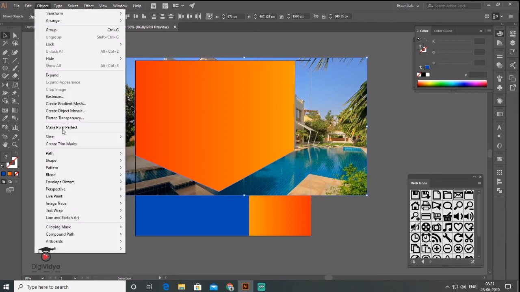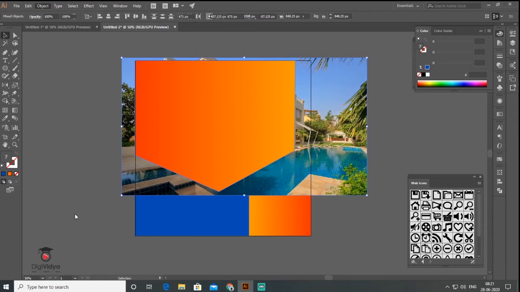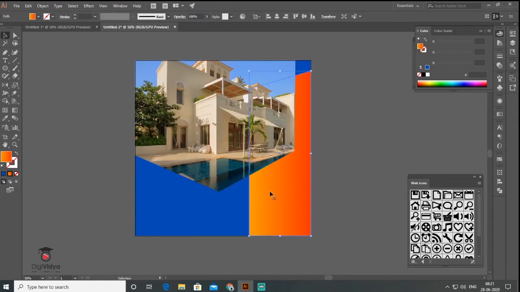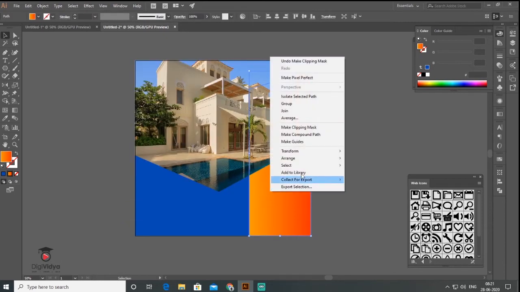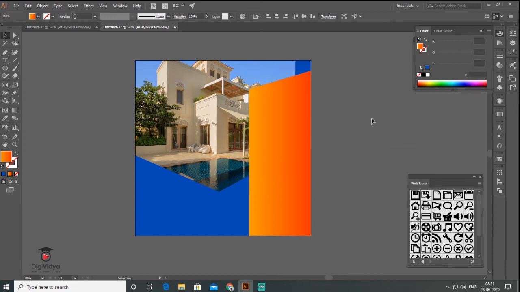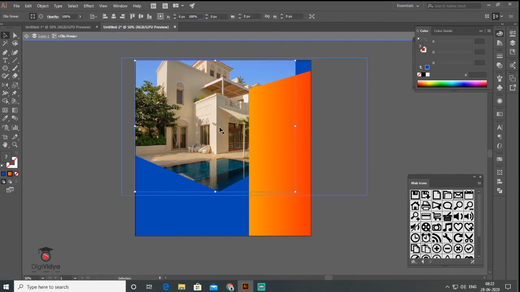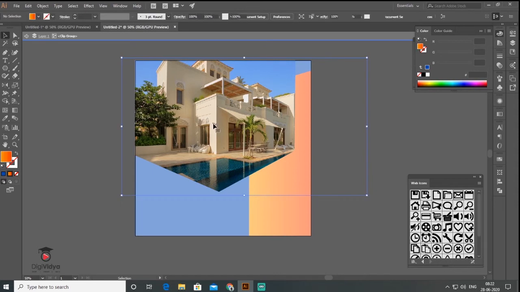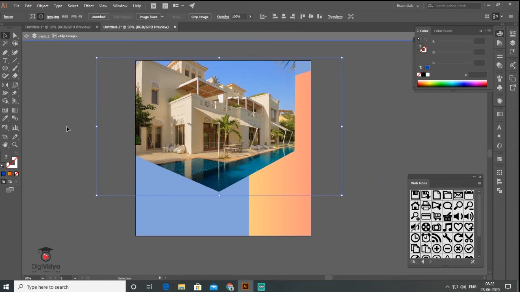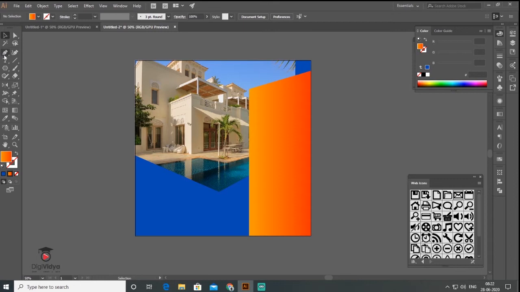go to the Object menu, and there is an option called Clipping Mask. Then I make it, and then I select the gradient one and right click on it, Arrange, and bring it to front. And now if you want to edit the image, simply double click on it and you can edit your image. Fine. And then double click on the outside, and the next step is